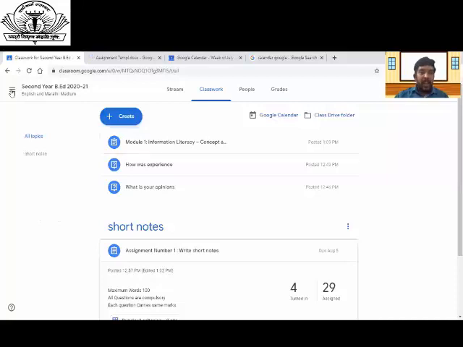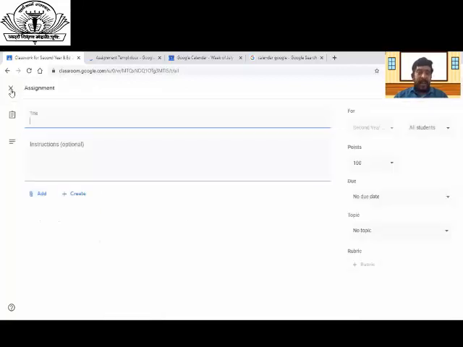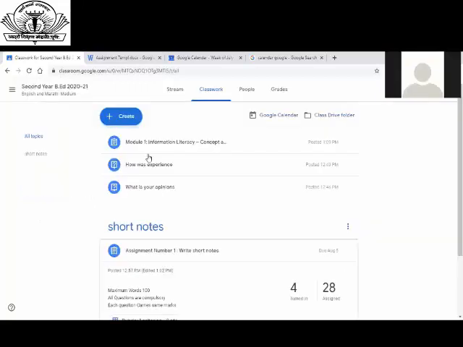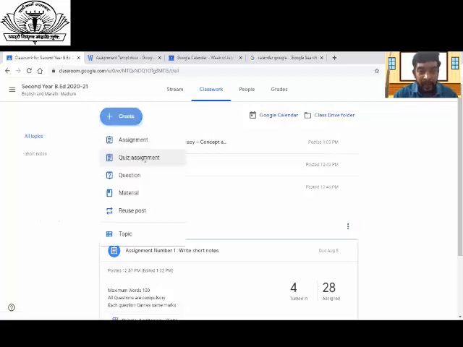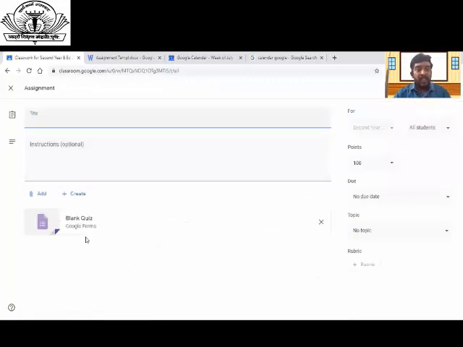The third assignment we can give here again, in a map station, upon the graph or upon the map. You can add a picture, an image, a link, or a video from YouTube also. You write an assignment depending on that file or YouTube video. Assignments. Then second, create a quiz assignment. Quiz now, blank quiz.